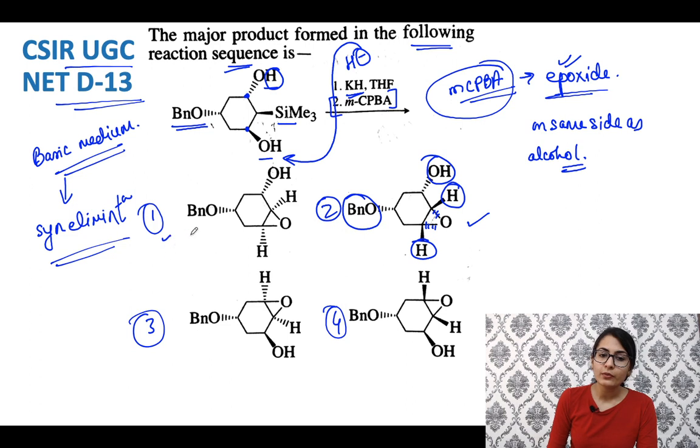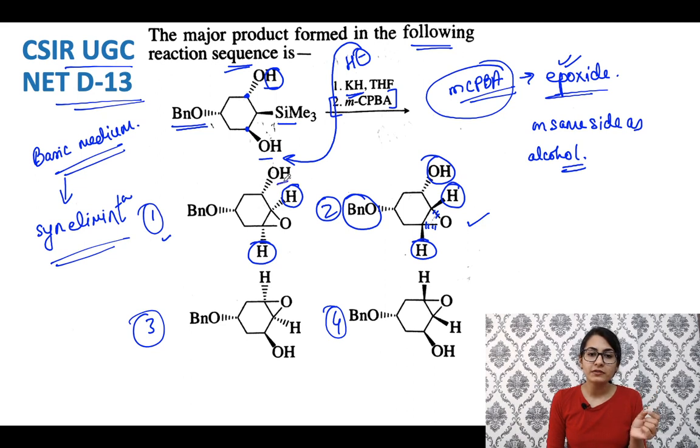Why is 1 wrong? 1 is wrong because the hydrogens cannot be below the plane guys, right? Because of this OH group, it is driving the epoxidation below the plane. Now if the hydrogens are below, the epoxide is above, right? That's wrong. 3 cannot be the answer because again this OH was not above the plane, because the elimination did not take place from this OH. The elimination took place from this OH. So definitely both of these groups have to leave and this OH has to be kept. Okay, this is what you have to understand, why option 3 is wrong.